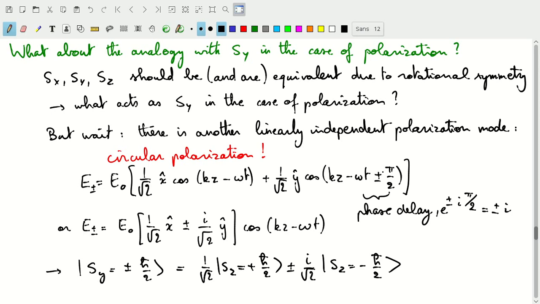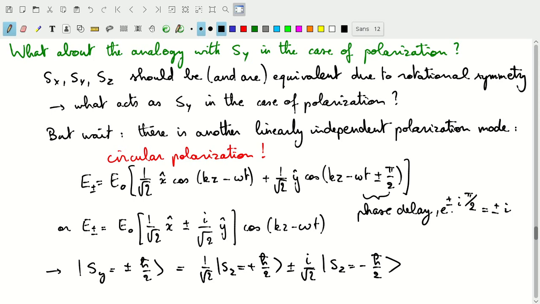There's a left and a right-handed circular polarization. In the left-handed case, we pick, I think it's a plus sign. The right-handed case, we have the minus sign. I could be wrong. But in any case, this phase delay corresponds with the left and right-handed circular polarization, or with the plus or minus 90 degrees or pi over 2 phase shift in our electric field for x and y. So if we look at that then in terms of phasors, or we use our e